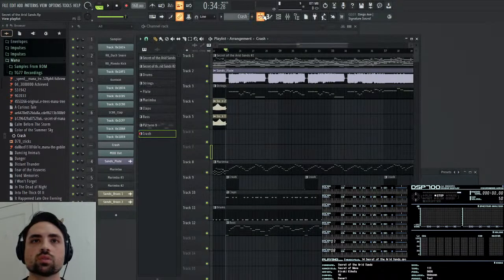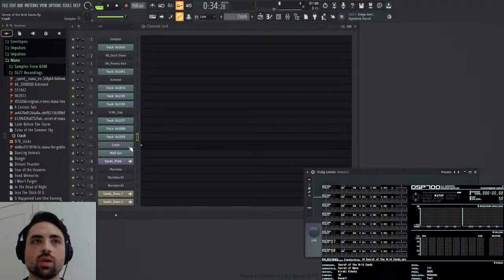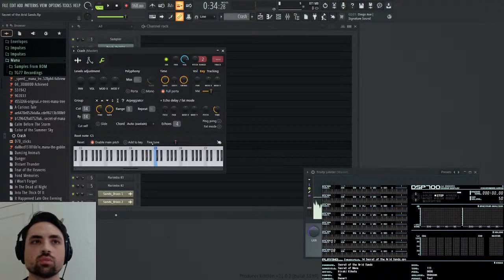So, and let's see. Why is it so high? Oh, I might have changed the root note.